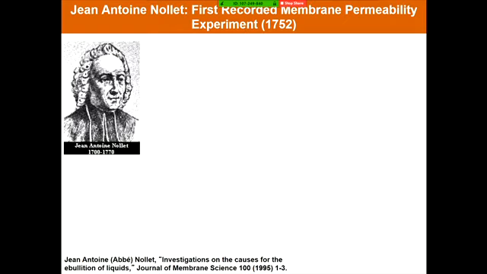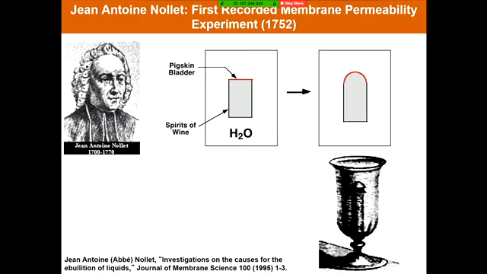And so at the 100th volume, they collected what were regarded as some of the most important articles in the field, translated in many cases and abridged in some cases. But if you're interested in the history of this field, this is a very good place to look. And at this time, membranes were not made out of advanced polymers. They were made out of natural materials. Jean-Antoine Nollet was using a pigskin bladder, and there are many examples of pigskin bladders being used as membranes throughout the field.